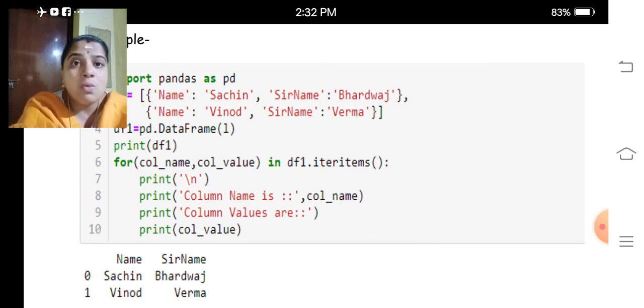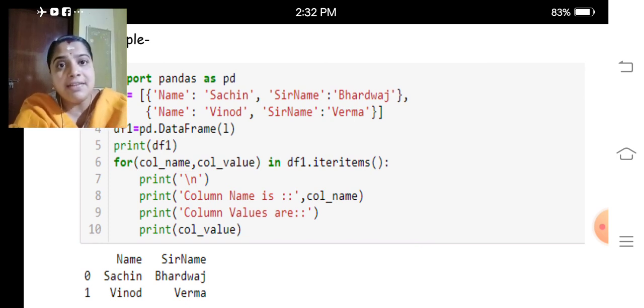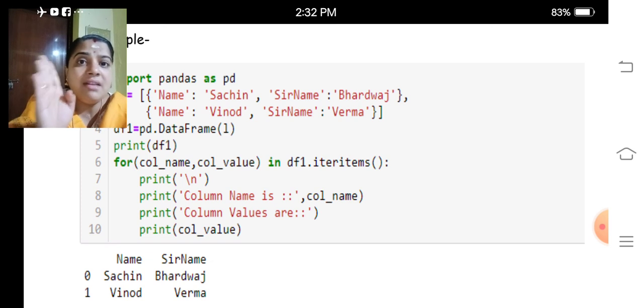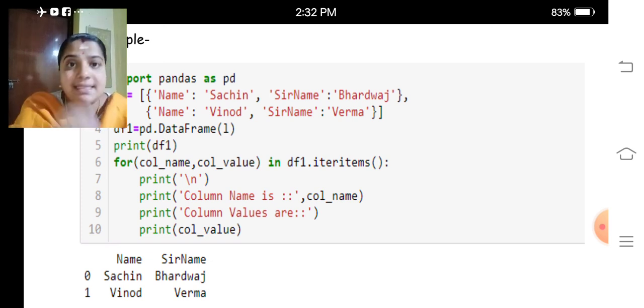My dear children, once again I am repeating, a data frame has two main functions for accessing the data, either in the horizontal way or in the vertical way. The horizontal way of accessing is known as row wise accessing. The vertical way of accessing is known as column wise accessing.